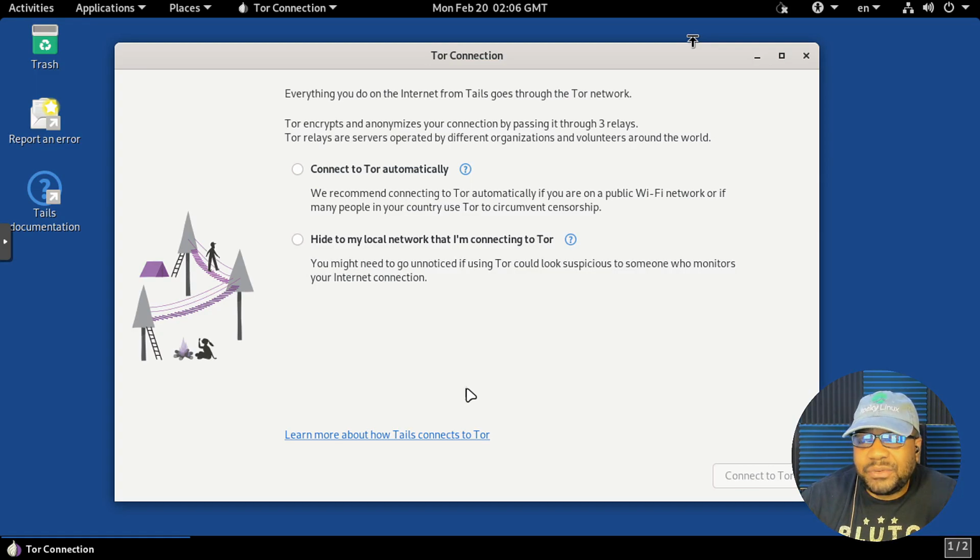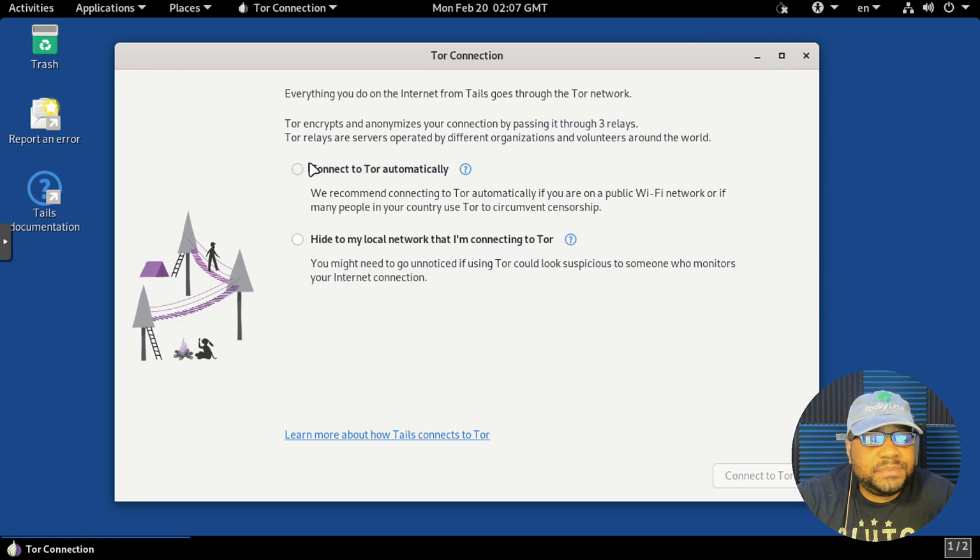Well, it's a way to get around it by setting yourself up with a bridge, and you'll be the first relay in the connection to Tor. And so this allows you to get on Tor around that censorship that may be set up, and people won't actually know that you're using Tor. And that's what these 2 options are for right here.